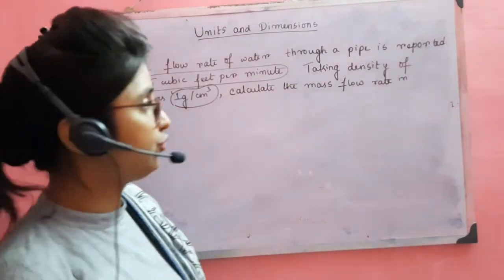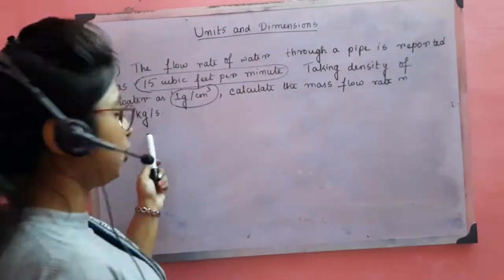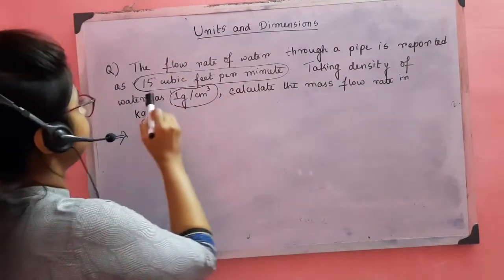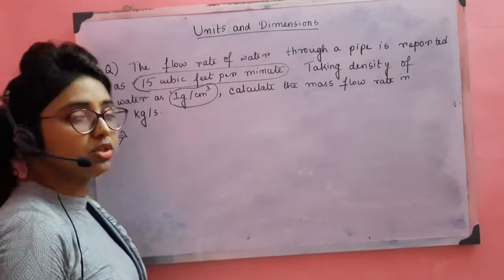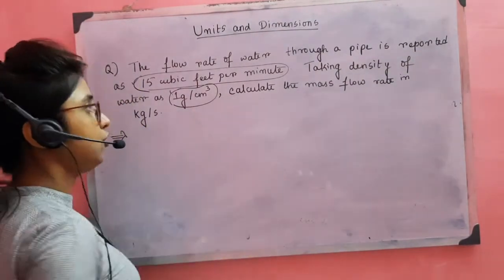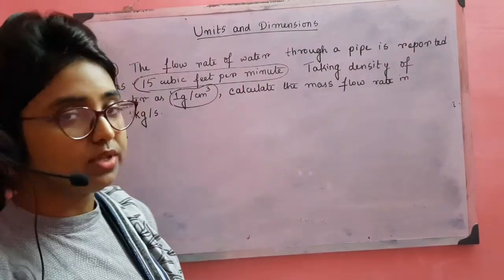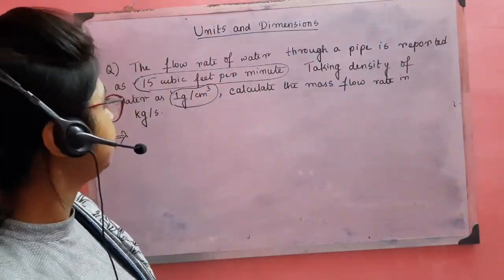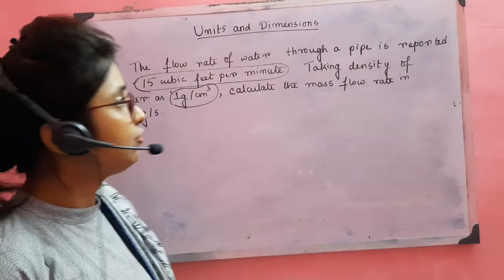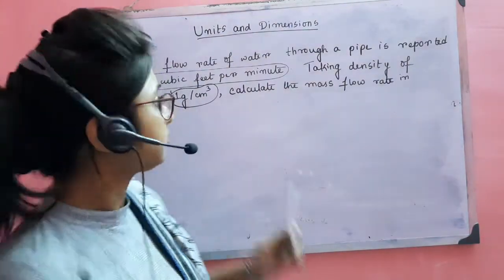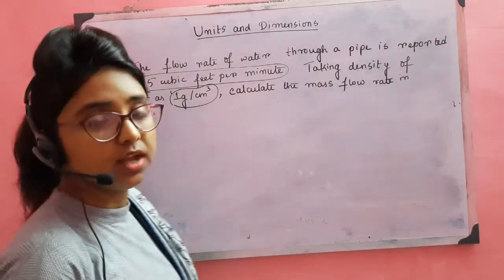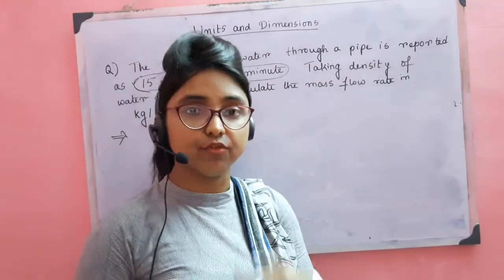You have been asked to find out the mass flow rate in kilogram per second, and the data provided are 15 cubic feet per minute, which is the flow rate, and the density of water, which is provided as 1 gram per centimeter cube. Now the flow rate, which is 15 cubic feet per minute, you have to convert this unit into meter cube per second, because it is the flow rate, and flow rate is basically the volumetric flow